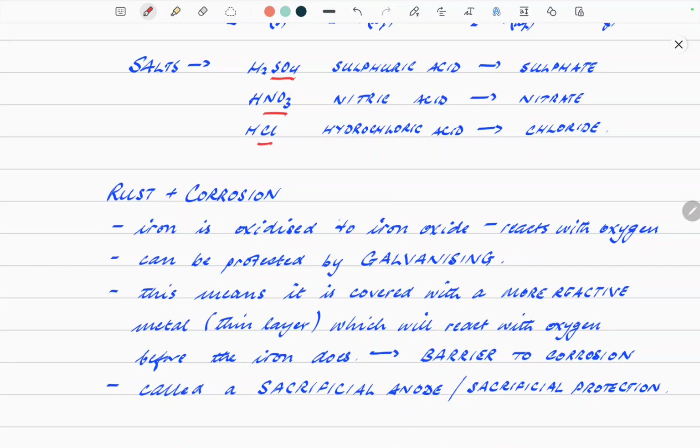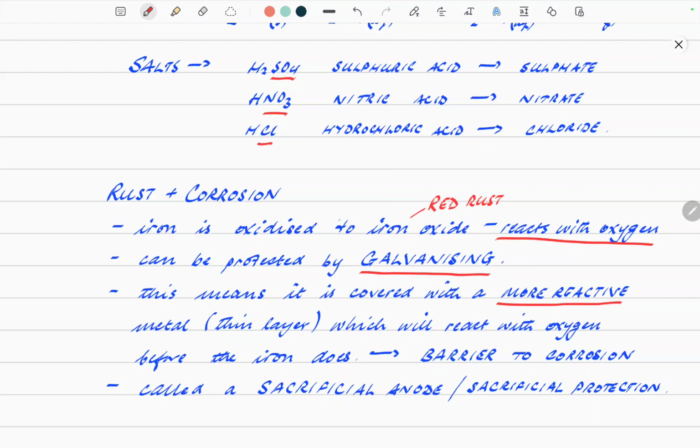We all know that iron rusts, all right, because it reacts with oxygen in open air, and it's oxidized to iron oxide. That's the red rust that you often see on metals, iron metals that is. And one way of preventing iron from rusting and becoming brittle and weak is to protect it by galvanization, so galvanizing it. Okay, this means it's covered with a more reactive metal,